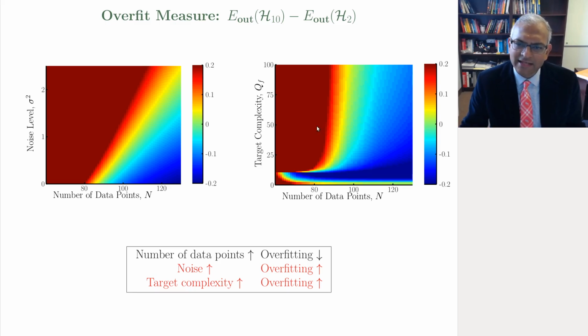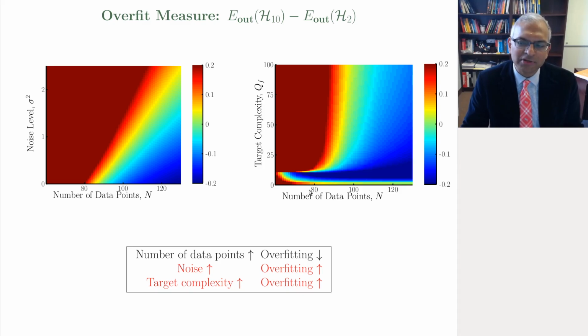Okay? And it doesn't really matter whether you're dealing with a very complex target function like 100th order or 25th order. Basically, let's say you have 80 data points and a 25th order target function, you still go for the simpler fit, even though it has no hope of fitting a 25th order target function. It's a deep red region, lots of overfitting. The second order polynomial fit is significantly preferred. Okay. So what's the message here? The message here is that, as the target complexity goes up,